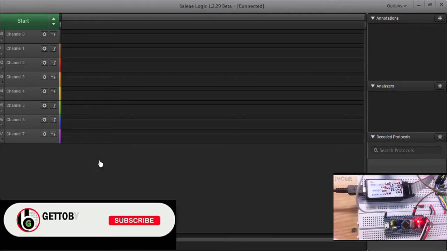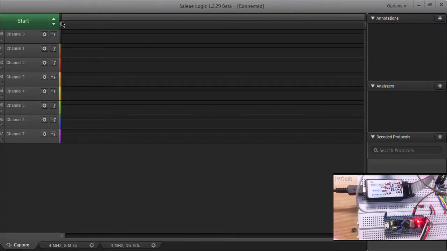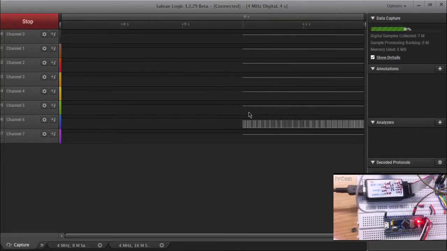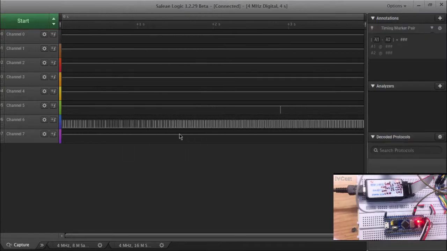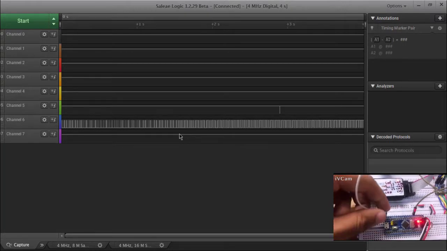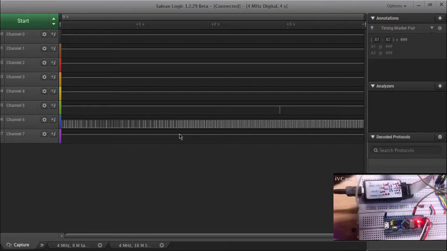As you connect it, it will automatically detect it and show you connected and show you all the channels. Now you go to start, and make the sampling speed more than the frequency of the PWM that you have configured, and set your duration in seconds, milliseconds, or in time samples. I am using seconds, making the sample duration 4 seconds, and starting the sampling. As you start sampling, in channel 6, at which we have connected the PWM pin of the microcontroller, into channel 6 of my logic analyzer hardware,